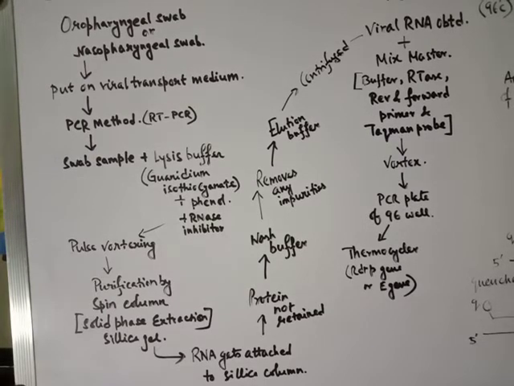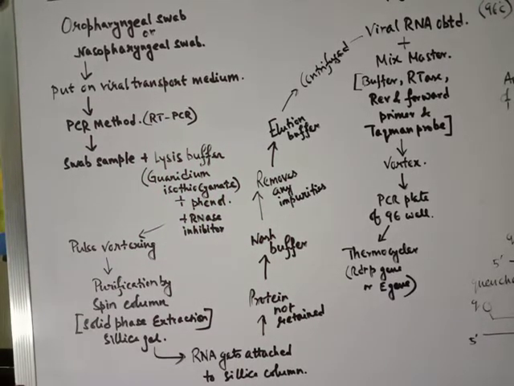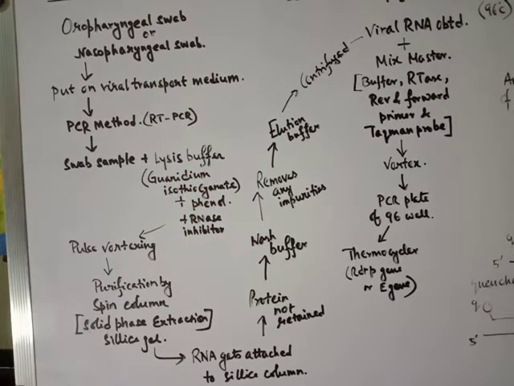As you know, the viral genome is RNA in this case, so we also have an RNase inhibitor, because you can find RNase everywhere. If RNase is there, then it will cleave the RNA, and cleaving of the RNA will not give you a positive result even if some viral particles are present. So we need an RNase inhibitor such that our tests come out good and we are not biased.